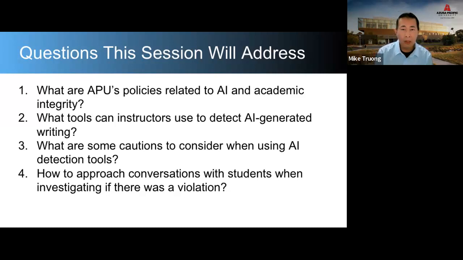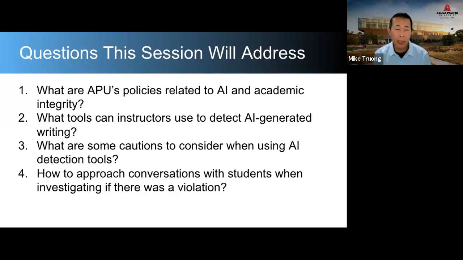We're also going to talk about the tools that you as the instructor can use to detect AI-generated writing, along with the caution that we need to have when we use these tools, because they're not 100% reliable, and there are going to be situations where these tools really need to be